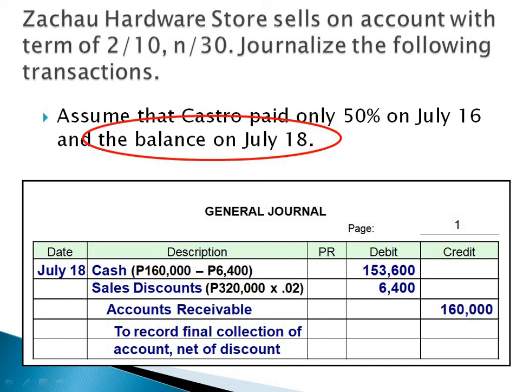Therefore, we cannot use the 98% or 0.98 to multiply it by 320,000 pesos or even by 160,000 pesos in order to get the cash to be debited here. The right way to compute for the cash is by just subtracting this 6,400 from 160,000. The total debit then would be correctly equal to the